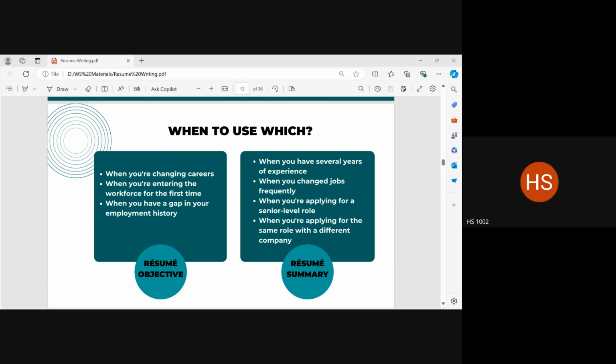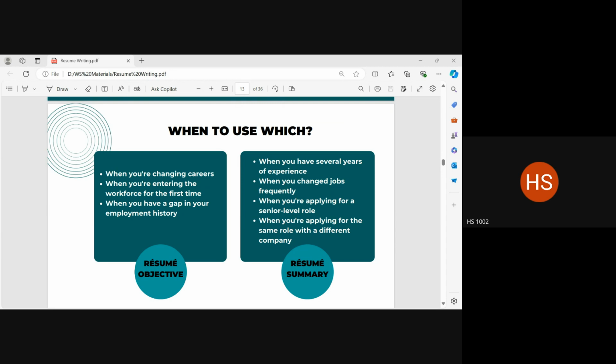Okay, that's good then. Now, a resume summary is almost always necessary if you are applying for a senior level role. If you are applying for a senior level role, then we can assume that you are somebody with several years of experience, because senior level roles do not really hire entry level applicants, right? So, in that case, you would have a resume summary.